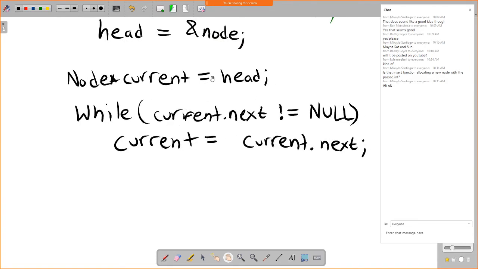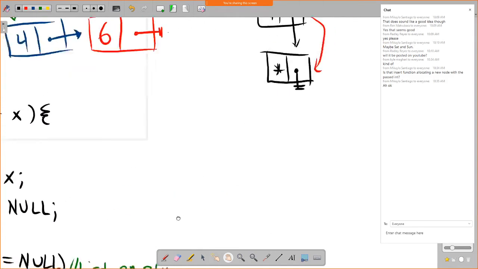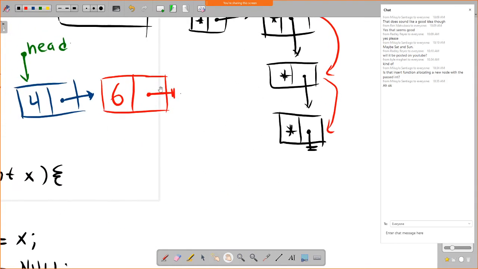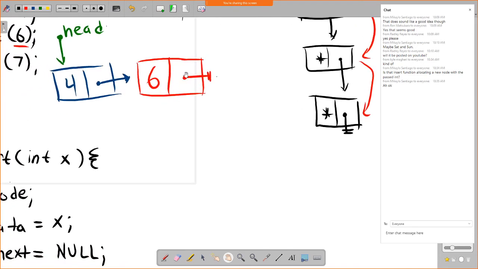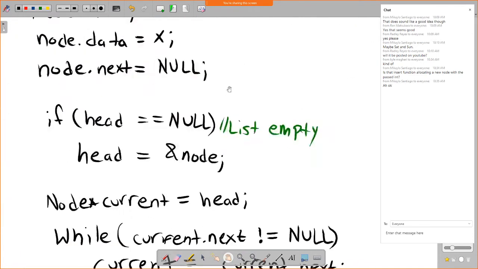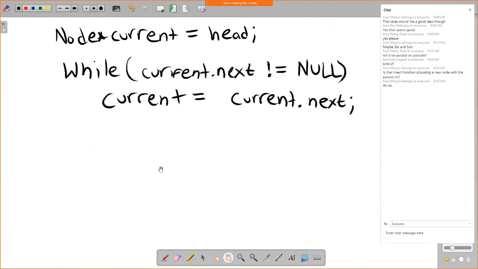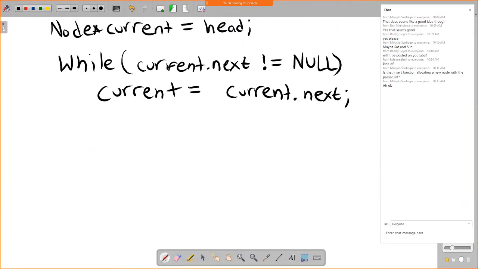And then by the time this while loop is done, it will break once that current.next is equal to null, which is when we hit the end of the list, right? So it would be this node right here, that node right there, in those two examples. These are the nodes when that part is null. So the while loop will break, and then current will be pointing to the tail, the very last thing at the end of the list, which means that all we have to do is set